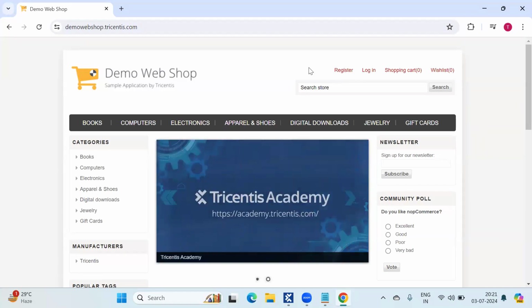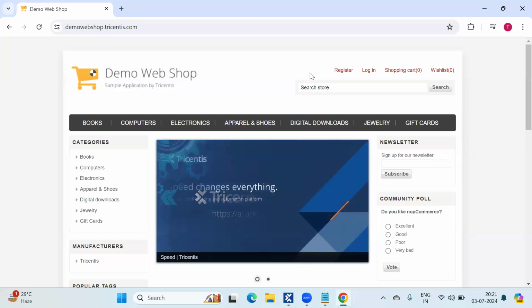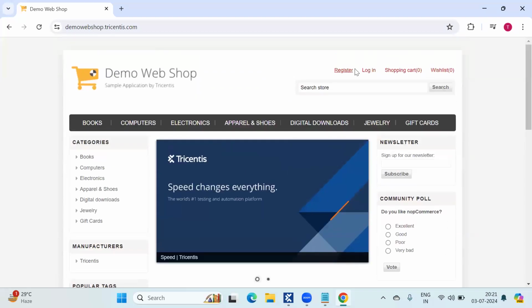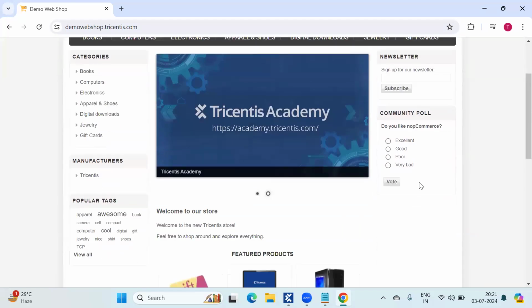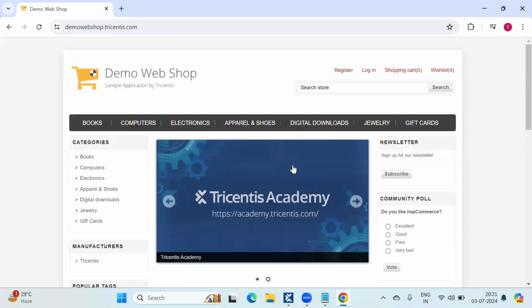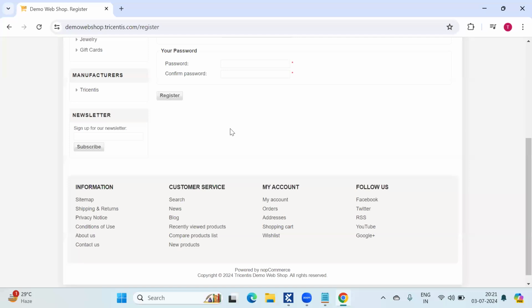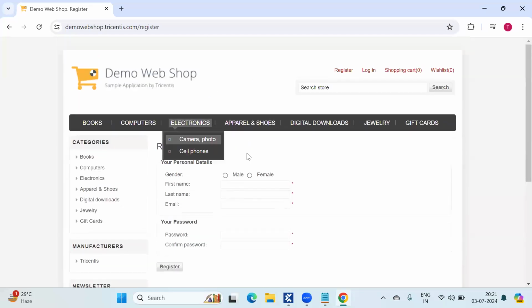Guys, if you go into a live project, the application might be different. Tricentis developed this application in such a way that it covers all the scenarios. It will have links, text boxes, radio buttons, drop down icons, everything. If you practice on this application and then work in your projects, it will be more helpful.